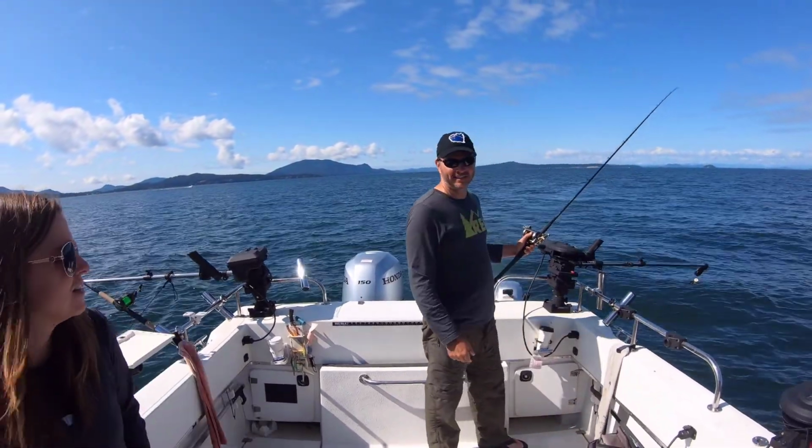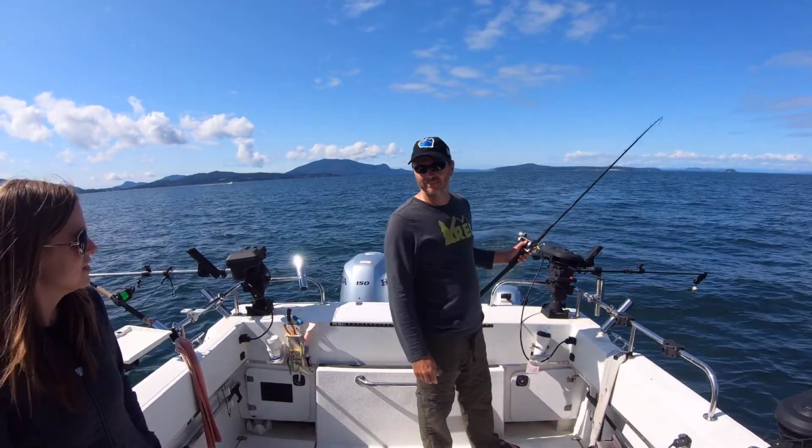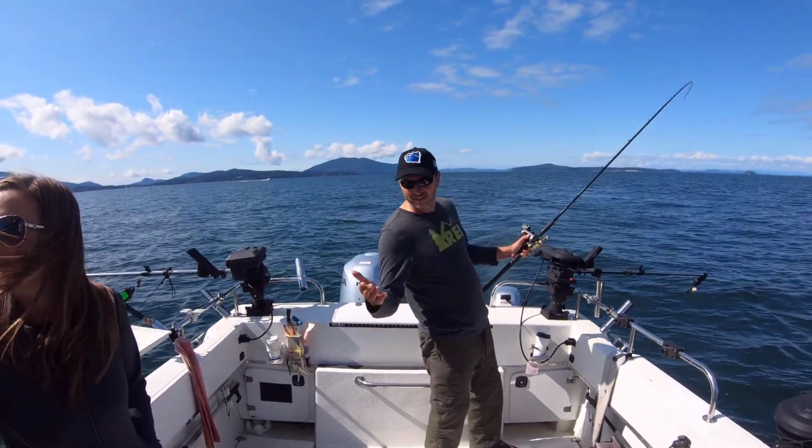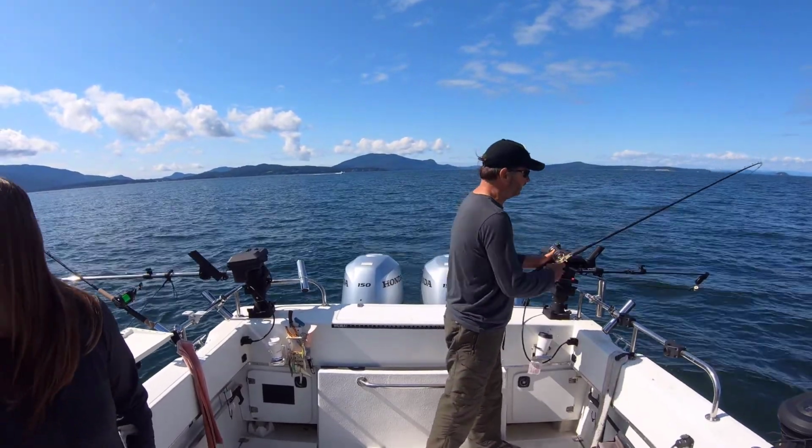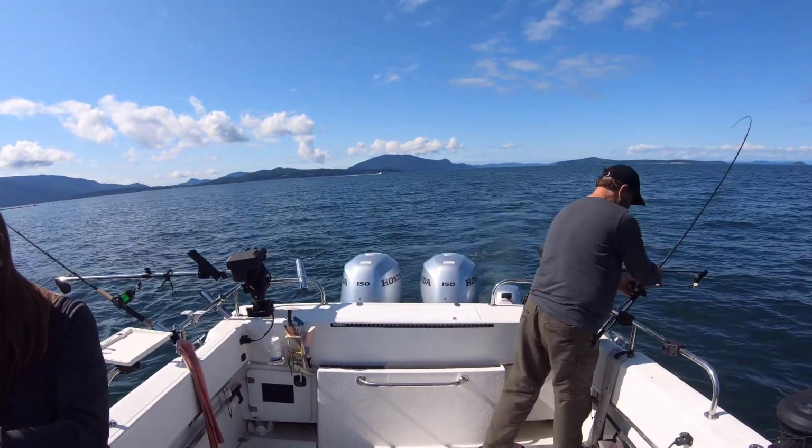See, when I got close to my depth, I just went ahead and put the brake back on and stopped it. It was 119 feet. And I just stop it at 119. And then I reset everything. I wind my reel down, set it in the rod holder,